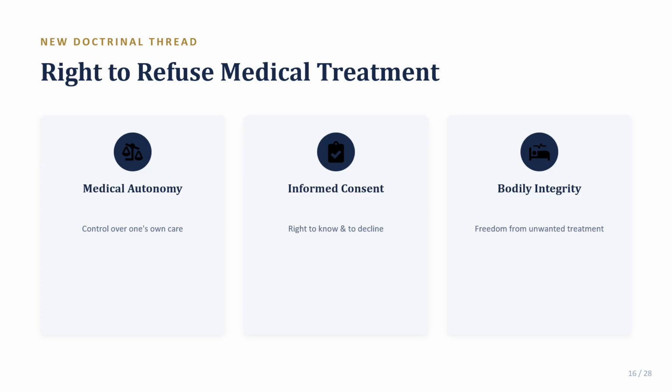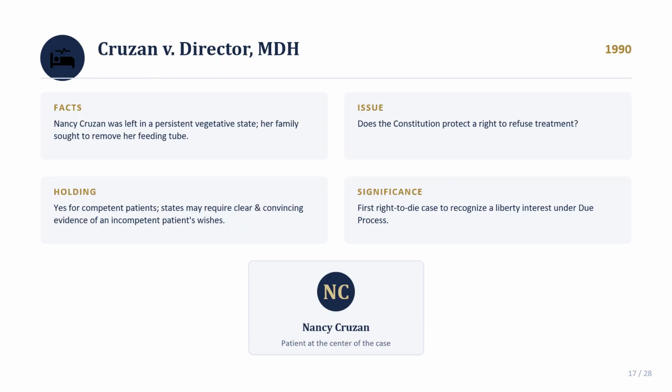If a patient has a right to refuse medical treatment, even life-sustaining treatment, does that automatically mean the patient has the right to affirmatively end their own life with medical assistance? Are those the same question or different ones? And we can't necessarily resolve this; we're going to talk about it as we go through. The court's answer, as we'll see, is that these are two genuinely distinct questions with two genuinely distinct constitutional answers.